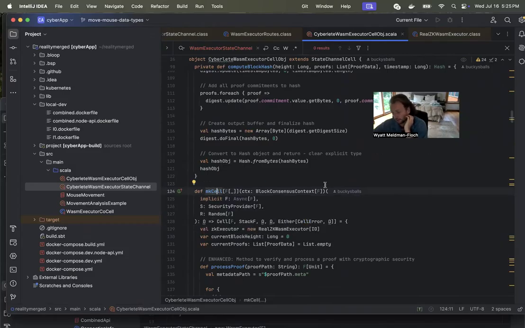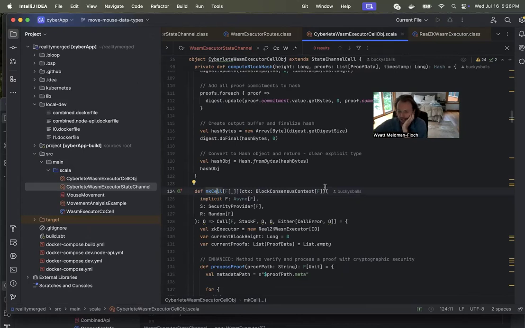In addition to interpreting all the commands that come in, which are basically people sending input data and the method on some piece of code inside of the WASM interpreter thing,